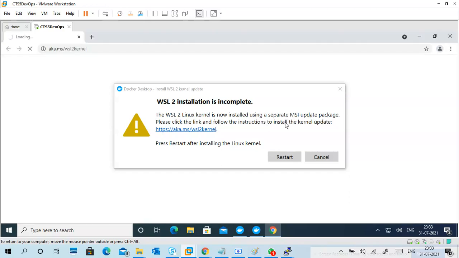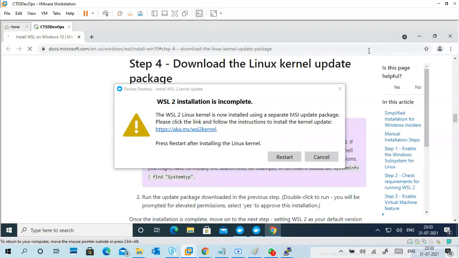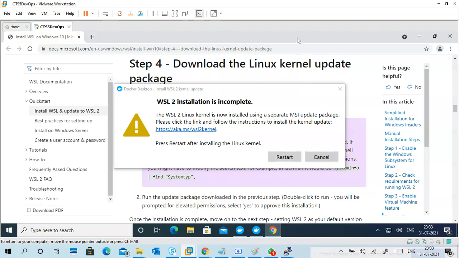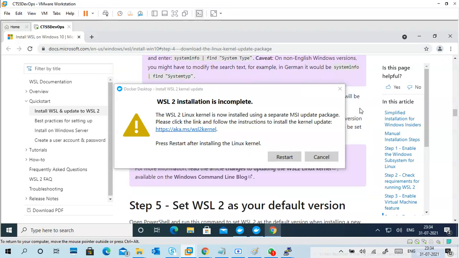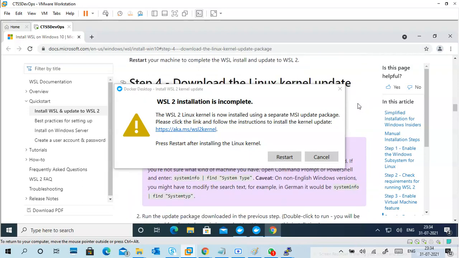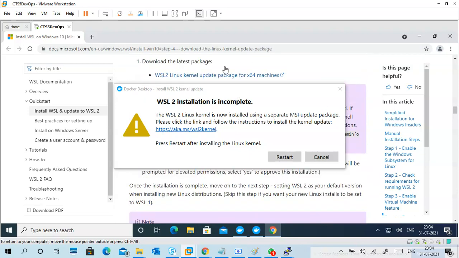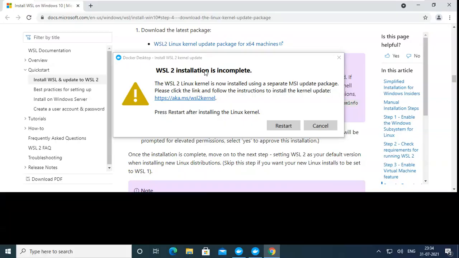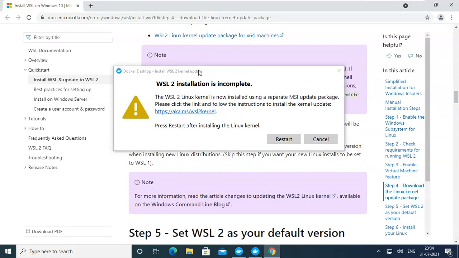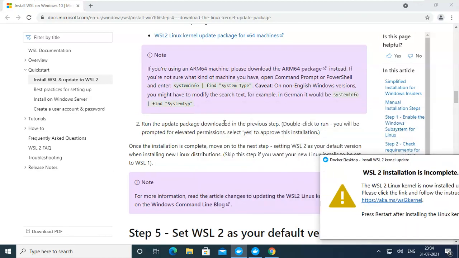It's an MSI package, an update package only. It's going to be done. Again, we have to restart. So first we have to do the setup completely. Okay, so then here it will ask for a download kind of thing. It is not showing properly. I'm going to full screen mode, so then I will get some space. Keep it aside.